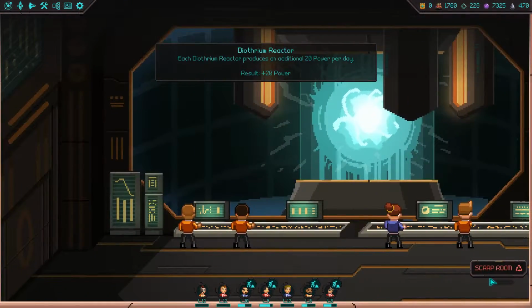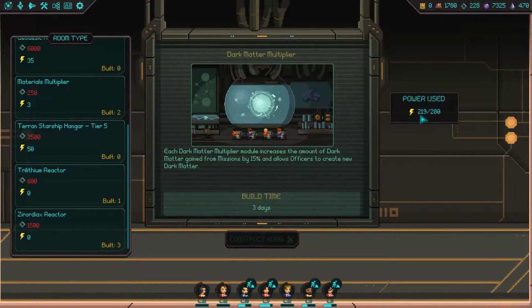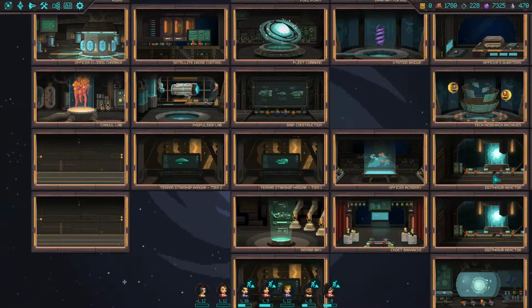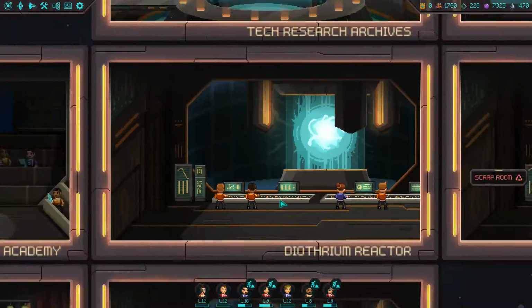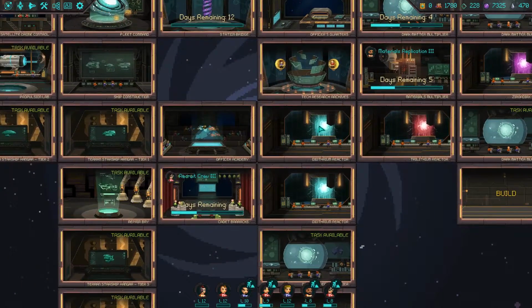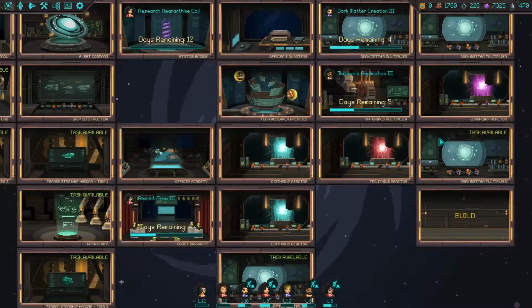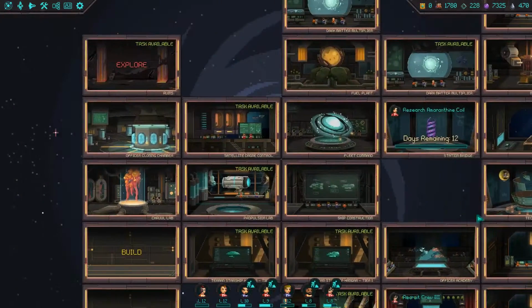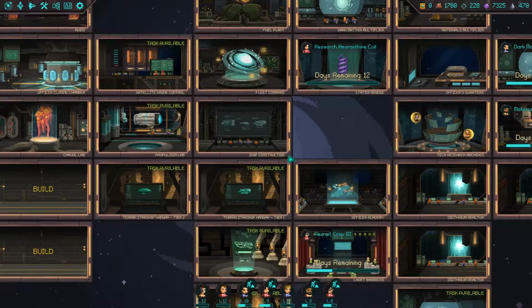What we could do is scrap some of the earlier power stations. How much power do you have spare at the moment? We've got much power spare, so we could scrap. How much does scrapping that give us? I don't know. We could probably scrap some of the diatherium reactors and work it up to RDX reactors, because these are worth 20, those are worth 50, so trading them up probably wouldn't be a bad idea. But at the moment, I think we have to